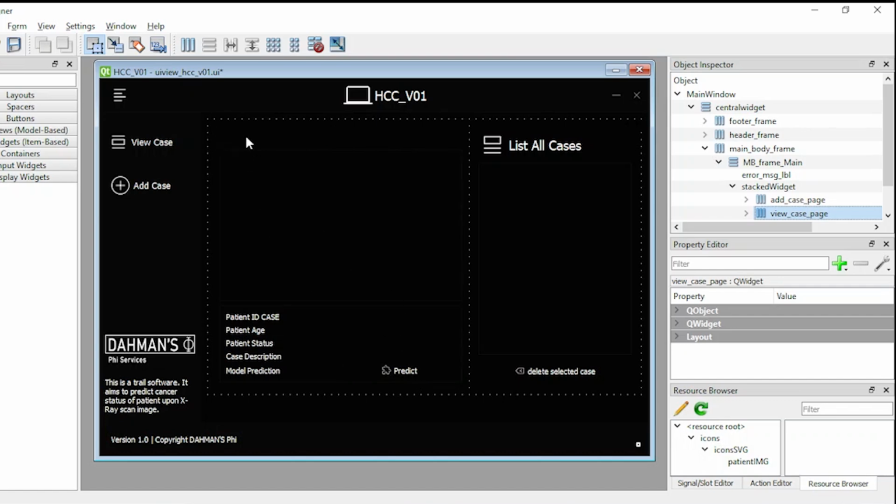We want this progress bar to go from 0 all the way to 100, because the prediction is going to take a few milliseconds to execute. This is running over the predict function in the H5 module. So I don't want the user to feel like the screen has been frozen. This is just for a progress bar